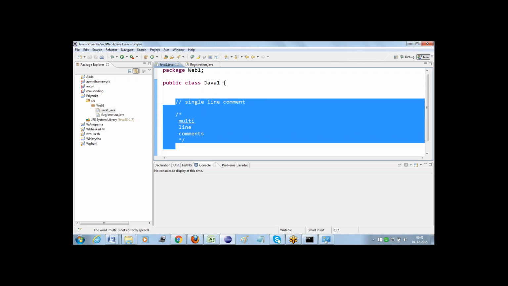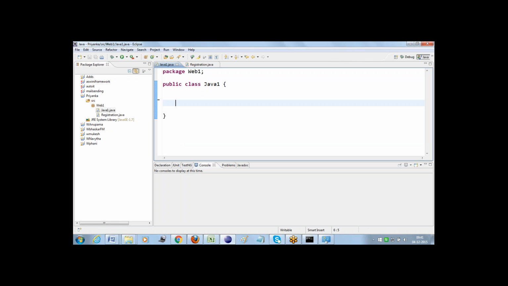Now here, I would like to create a method for login. So I am defining it as public void login. Guys, just forget about what is public and what is void for now. We are going to see what public and void are in our next class. And now here, System.out.println, this is login method.